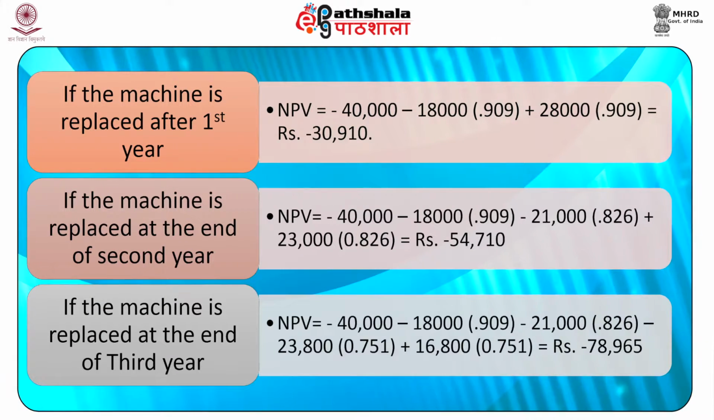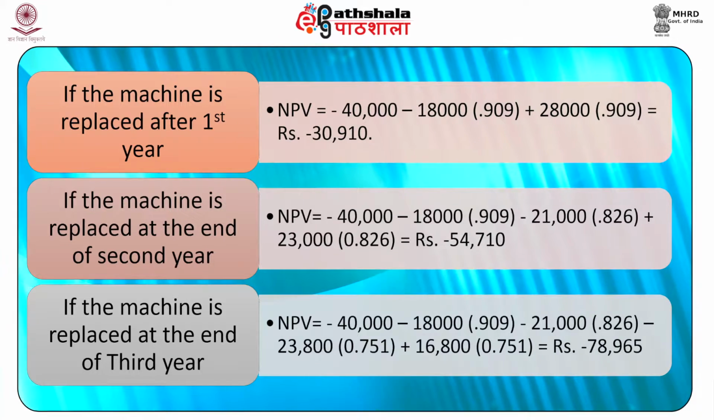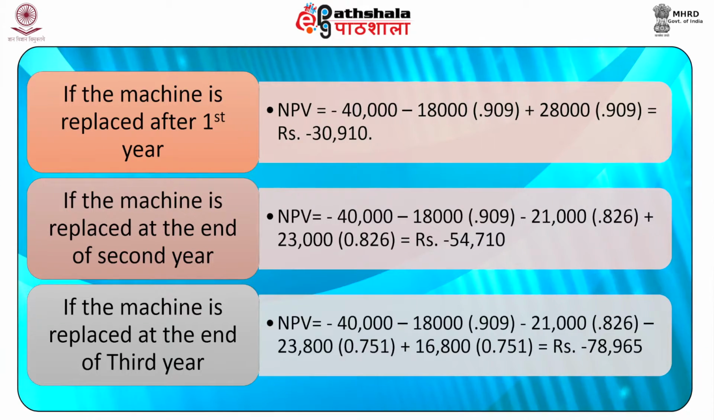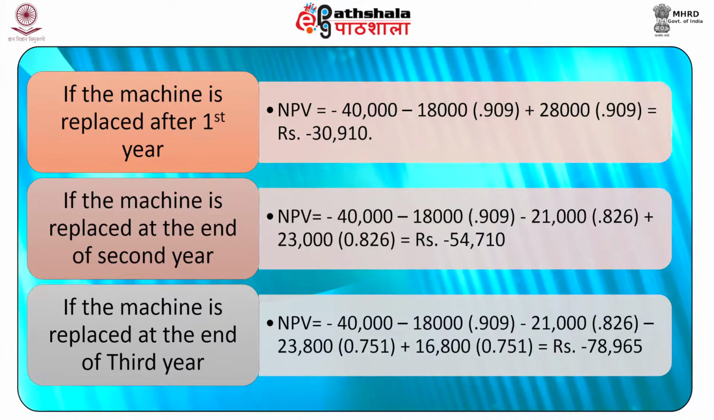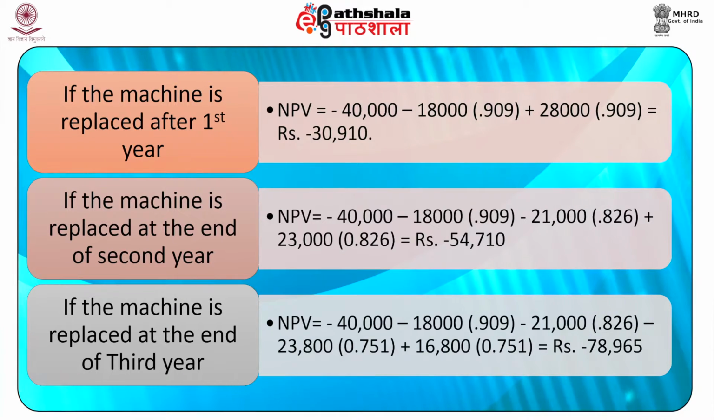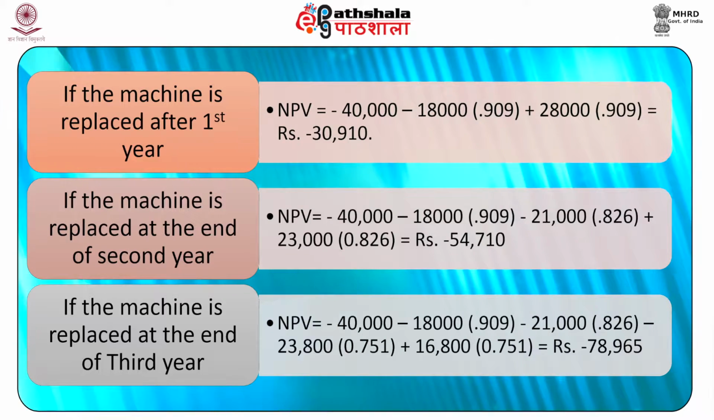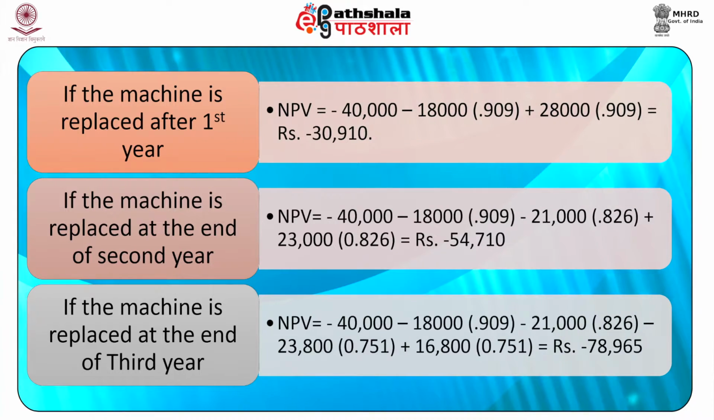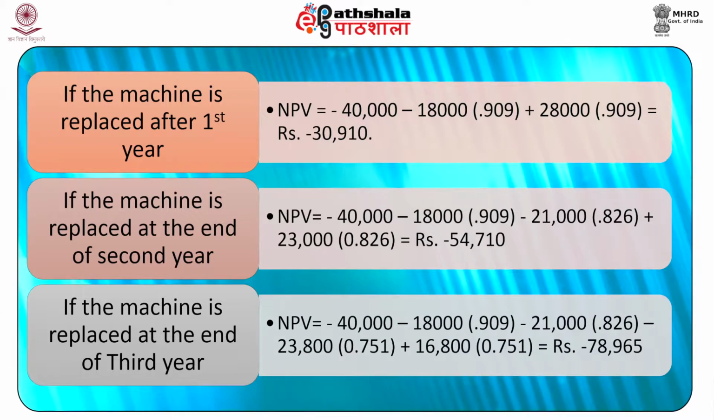equal to minus 40,000 minus 18,000 multiplied by 0.909 plus 28,000 multiplied by 0.909, which will be equal to rupees minus 30,910. If the machine is replaced at the end of the second year, the NPV will be equal to minus 40,000 minus 18,000 multiplied by 0.909 minus 21,000 multiplied by 0.826 plus 23,000 multiplied by 0.826, which will be equal to rupees minus